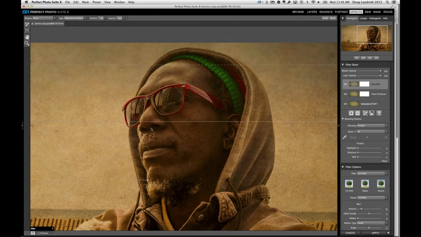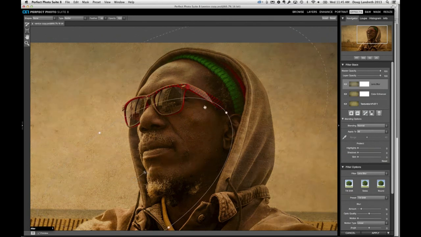The lens blur filter is really cool. It usually pops open with like a preset mask for your lens blur. And what I want to do is create a radial mask for it. You can click on radial here, and you can see the mask. I want the blur to be blocked from his skin, so I'm going to take these mask arrows and reduce them down,